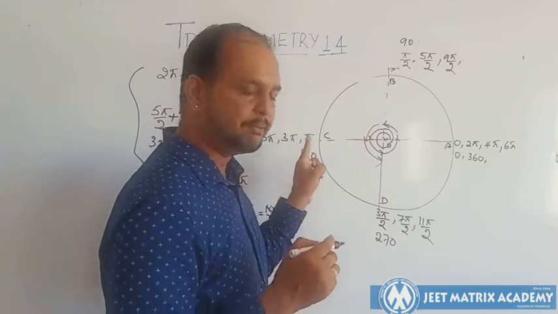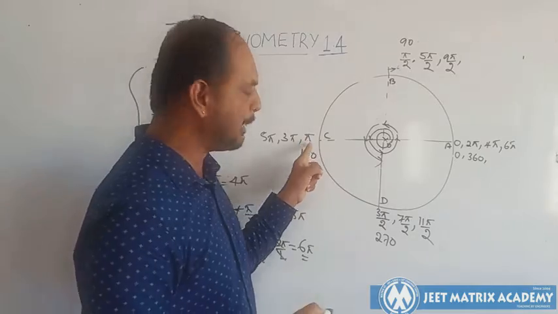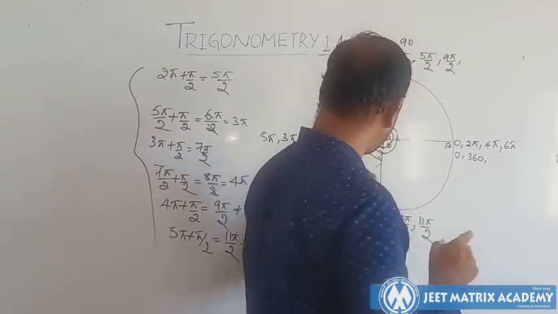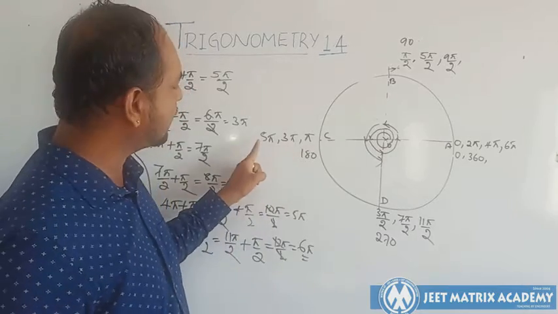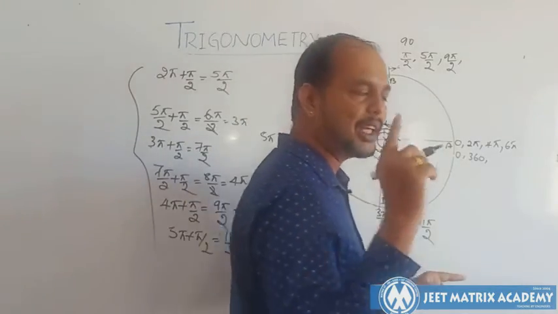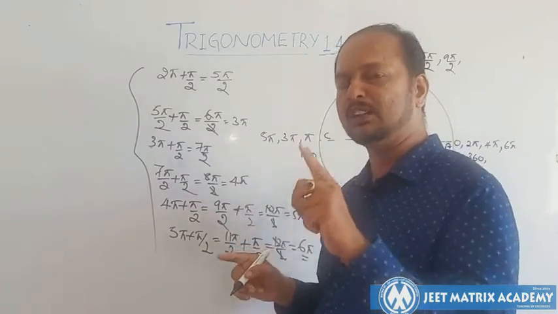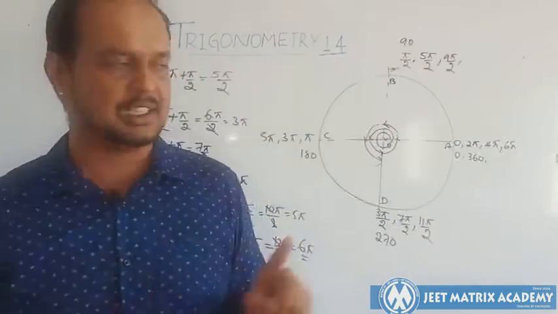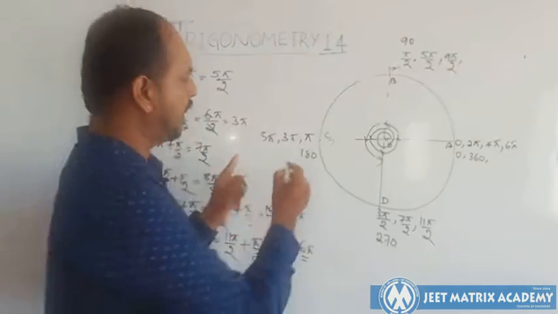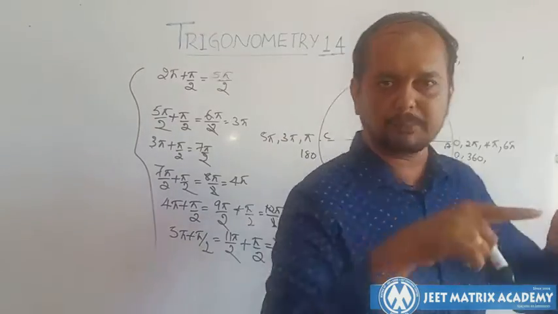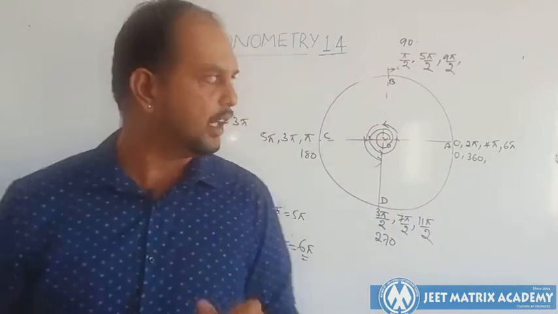Similarly, sin 0 is 0. Similarly, sin pi is also 0. It will all be on the x-axis only. So sin 3 pi is also 0, sin pi is also 0, sin 101 pi is also 0, sin 1001 pi is also 0. So this is how sin 0 is 0, sin pi is 0. So all these angles will give 0, because the point touches the x-axis at that point. Okay, this is a small idea.